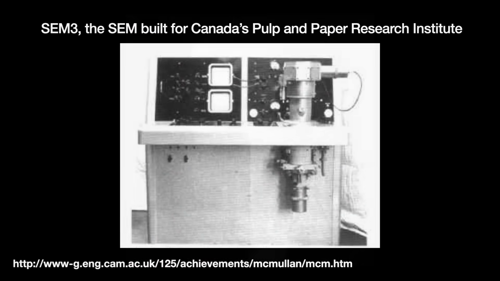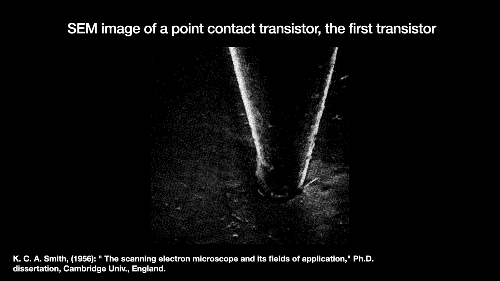Some of the science made with the device was published in scientific journals, though not all of them. Some academics from Canada's Pulp and Paper Research Institute saw the device in action and asked for their own. It wasn't being sold commercially, so the Cambridge team custom built one and shipped it to Canada. Since 1955, Oatley had tried to convince a company to produce the device for customers, but at the start, people